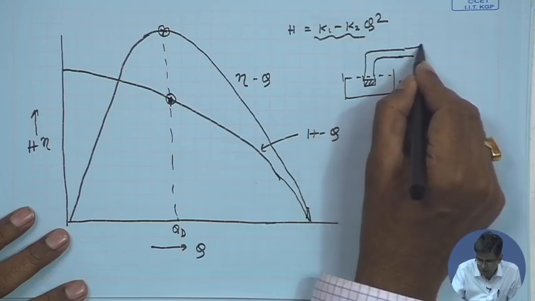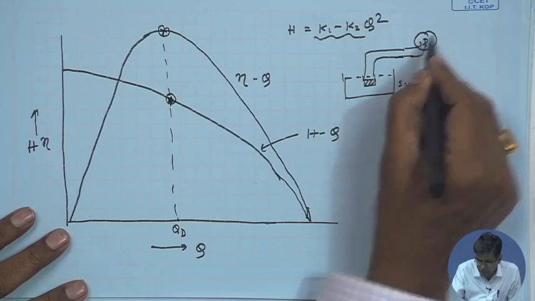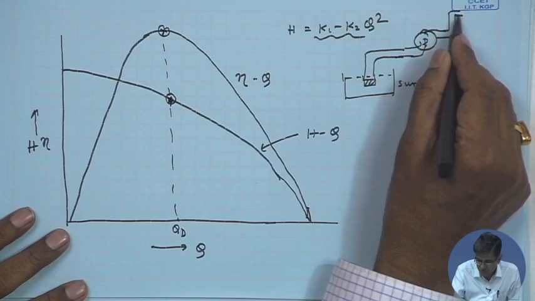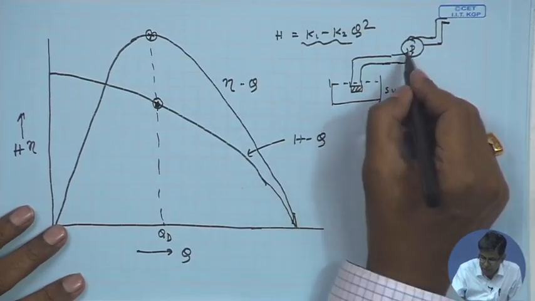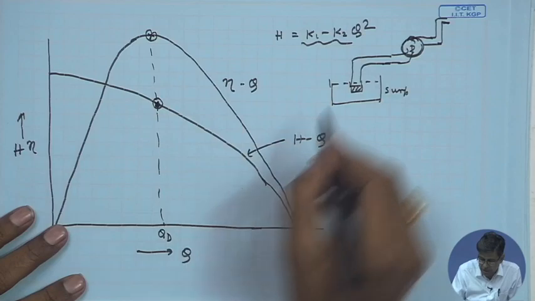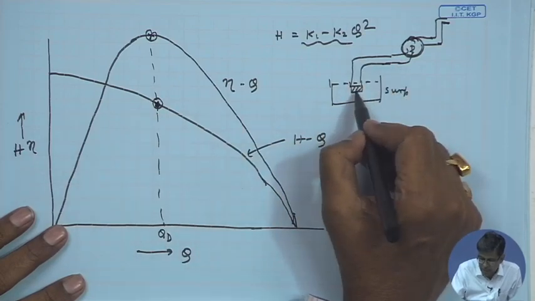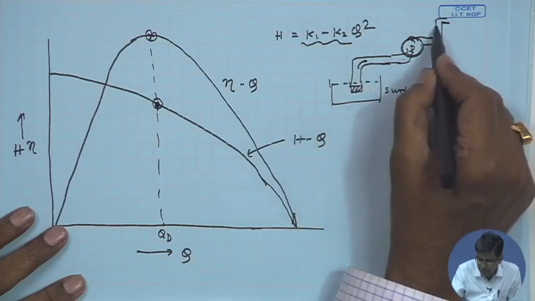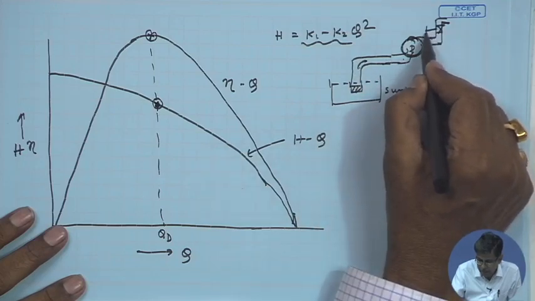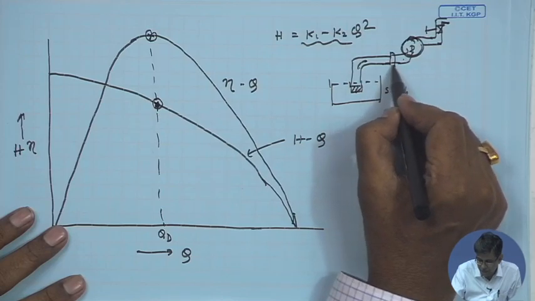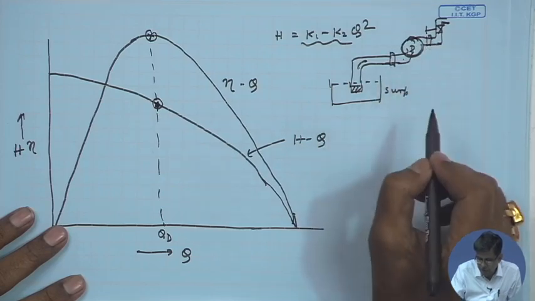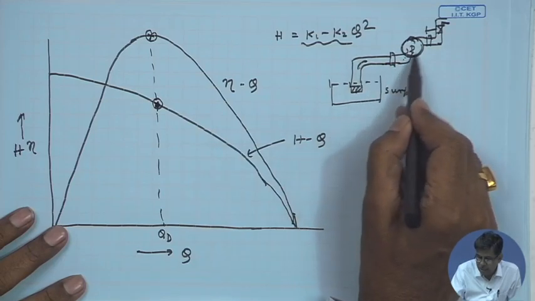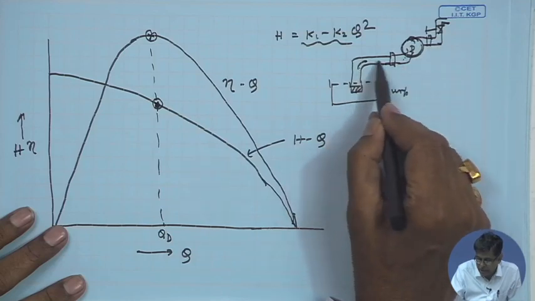Now, if you consider this as the pump and this as the delivery line, you see the pump has its own characteristic, that is H-Q. But these lines, the strainer, this line, these bends, there are also valves. Here there is a valve, here there is a valve, there are flanges. So, therefore, valves, flanges, bends, line, these also incur some losses, and that depends upon the flow rate in the